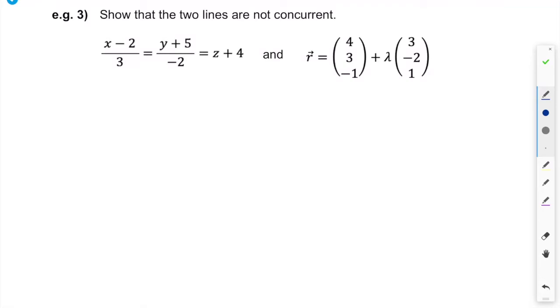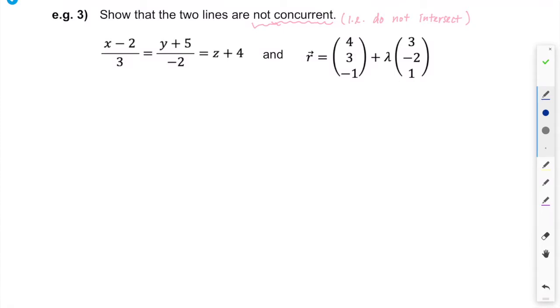Example 3. We want to show that the two lines here are not concurrent. So here's another term, concurrent or not concurrent, let's do it this way, means that they do not intersect. In other words, concurrent lines do intersect. All right. So looking at line 1, which is given to us in Cartesian form,